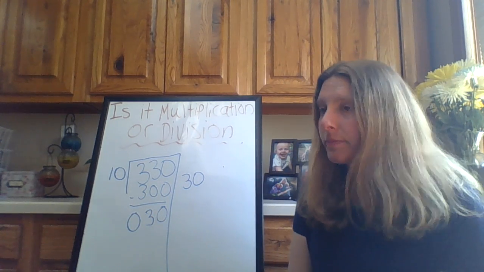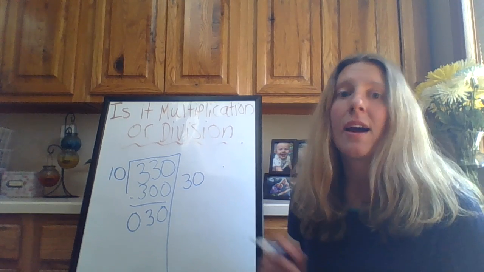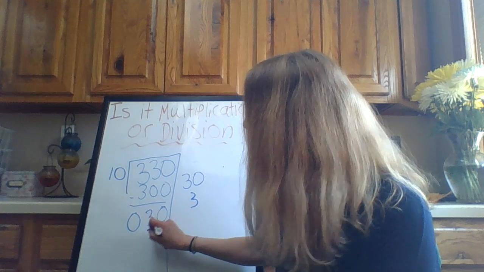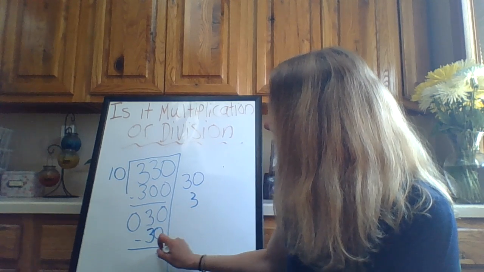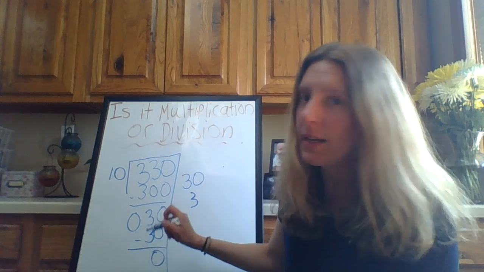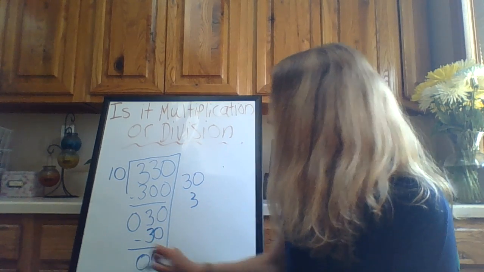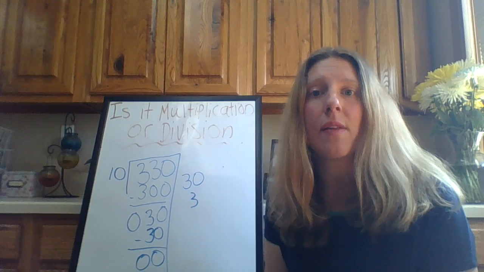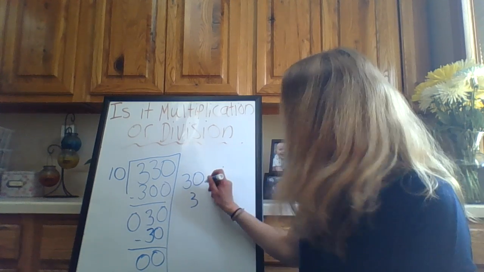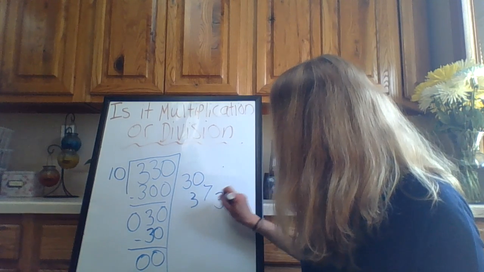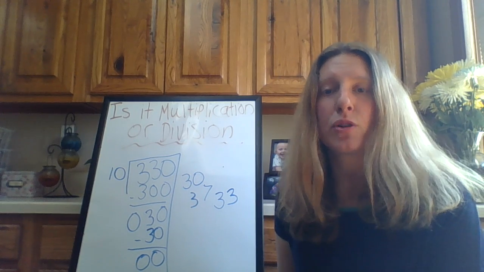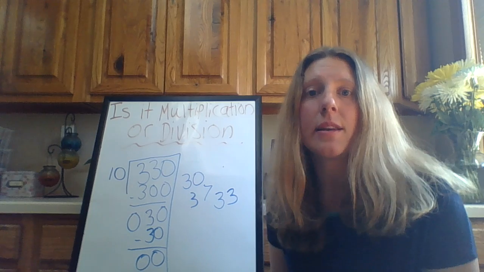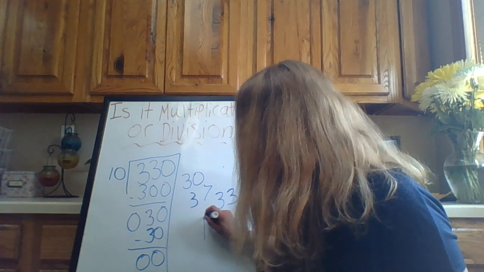So now I'm going to multiply again. I already know 3 times 10 gives me 30. Now I can subtract. 0 minus 0 is 0. 3 minus 3 is 0, which tells me that I'm done and there is no remainder. 30 plus 3 is 33. And I remember from the story problem that I'm trying to figure out how many packs Nick bought. So it would be 33